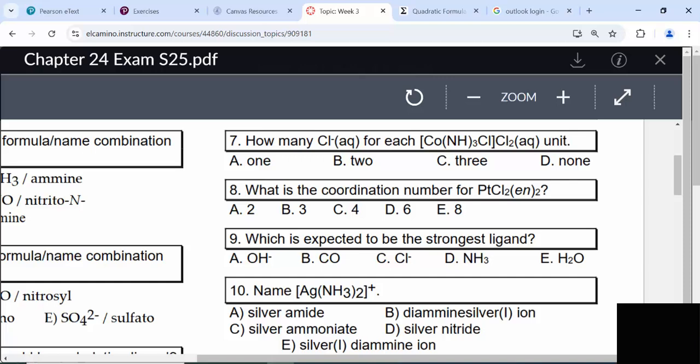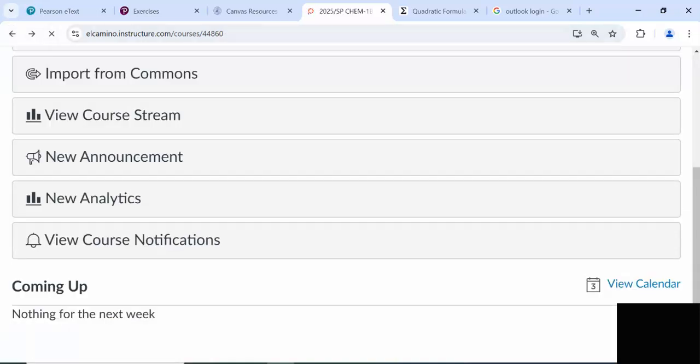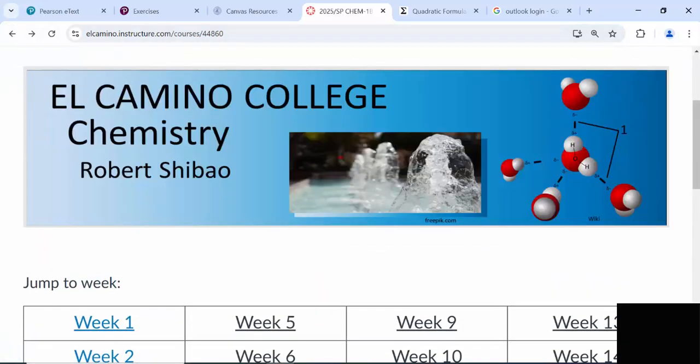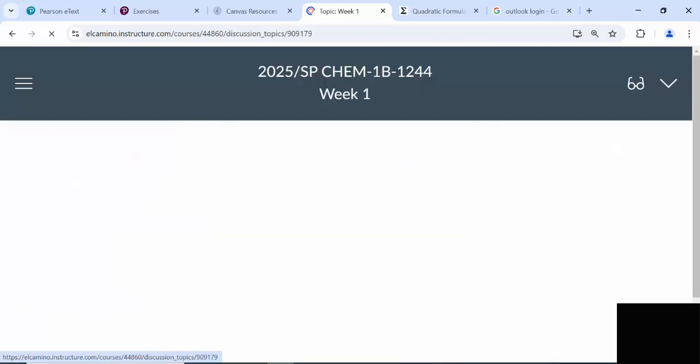But that's not the strongest base on our chart. What is the strongest base on our chart? Have you even looked at our chart recently? Does anybody know the strongest base on our chart? Yes. When we look at our chart,